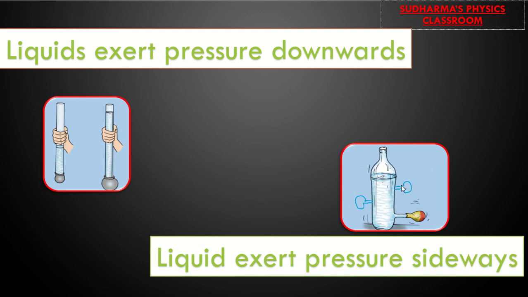That means these balloons we have connected at different depths from the liquid level. We have to use the word depth. If you use the word height, then you may get confused, because height normally we measure from the bottom, right? We have to say the depth of the liquid column. So from the level of the liquid, wherever the liquid is at the brim, we measure from the top layer of the liquid to the bottom. So that gives you the depth of the liquid column.